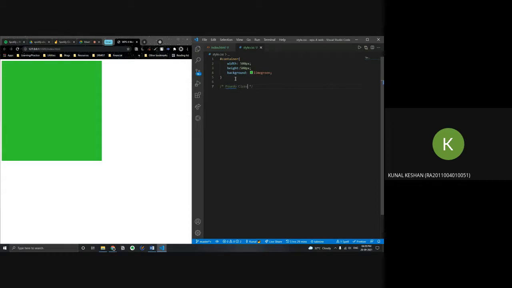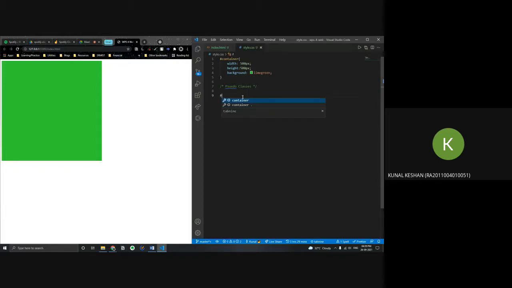The first one, and the most common one you will see, is when your cursor comes on top of an element and a particular style is applied. This particular state is called the hover state, and you can give it using a pseudo class called hover.